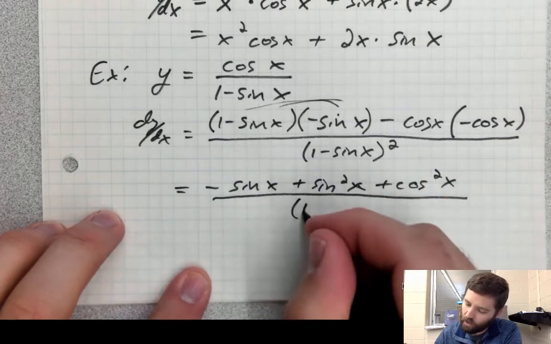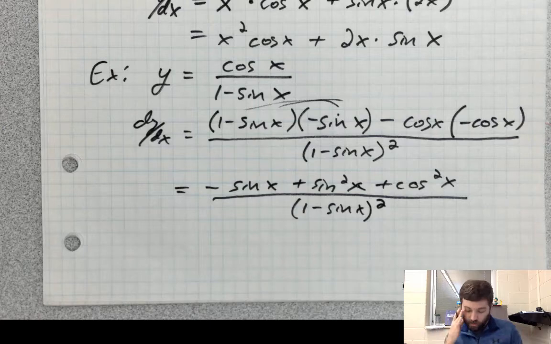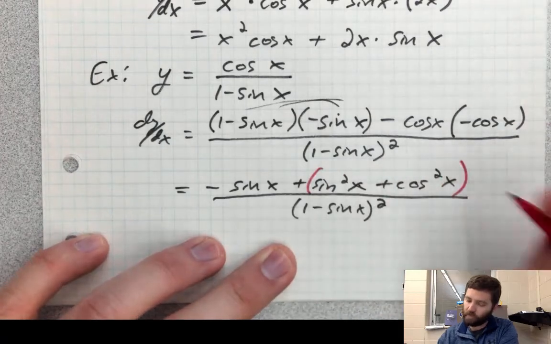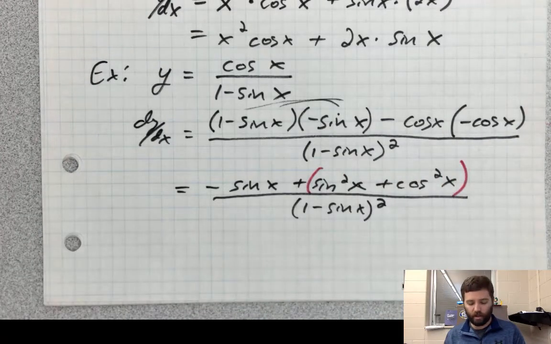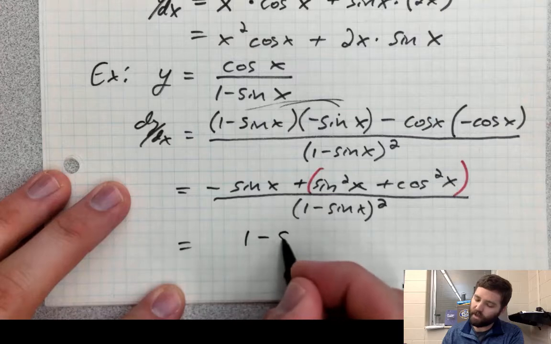All divided by 1 minus sine of x squared. Now, when you see sine squared plus cosine squared, some sort of bell should go off in your head that this right here is 1. It's a trig identity that you might remember from pre-calc. Sine squared plus cosine squared is equal to 1. So our final answer then here for the derivative will be 1 minus sine of x